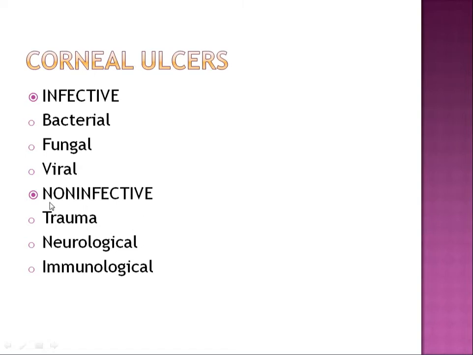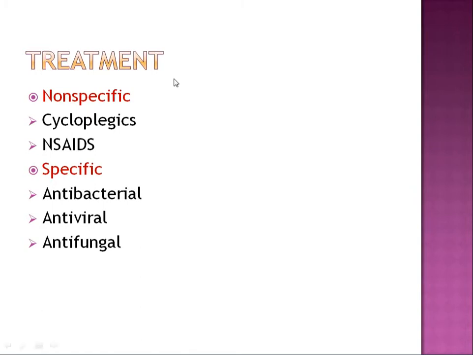Corneal ulcers can be basically infective types or non-infective types. Infective types we have dealt with. Non-infective types could be due to chronic trauma or neurological problems, wherein there will be a delay in wound healing, or it could be an immunological problem. At the end of it all, the treatment of the corneal ulcer will be non-specific or supportive treatment. Cycloplegics are a must because the patient comes to you mainly because of pain. The pain will be intense in severity, so you definitely have to give a cycloplegic and an NSAID. Then, depending on your diagnosis and classification of the ulcer, if it is bacterial, go for an antibacterial, or an antiviral or antifungal treatment.